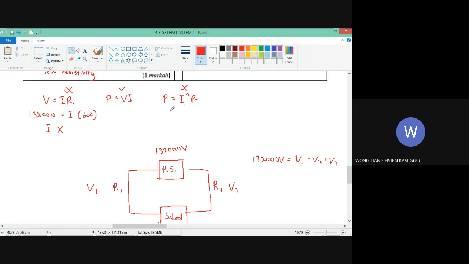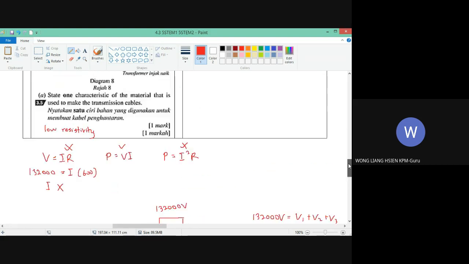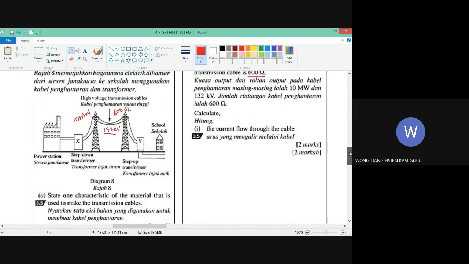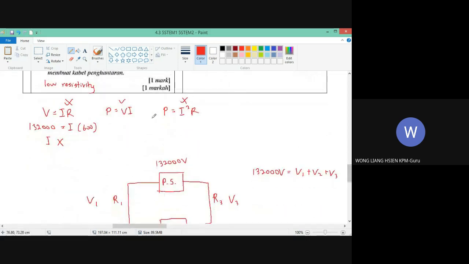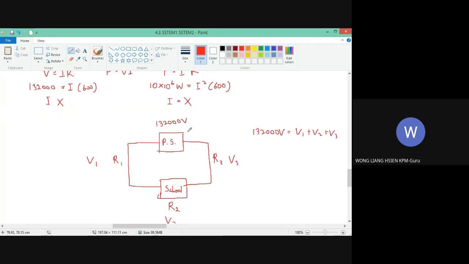Now this one, P equals I square R, also cannot get the current of the cable. Why? Because you see the power that is given, this 10 megawatt. Mega is million, so 10 times 10 power by 6. If you put 10 megawatt here, current square times resistance 600, also you cannot get the correct current. Because the power that is produced by the power station, 10 megawatt or 10 million watt,